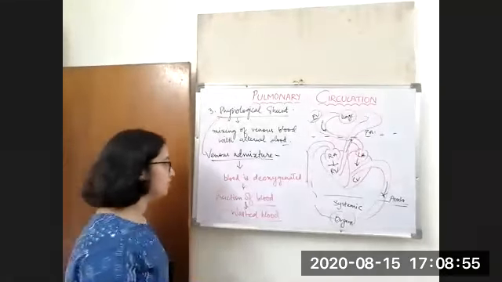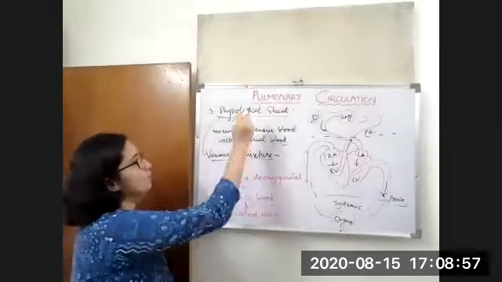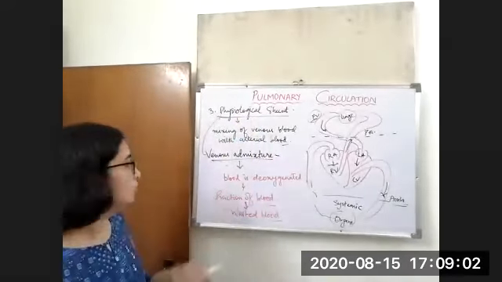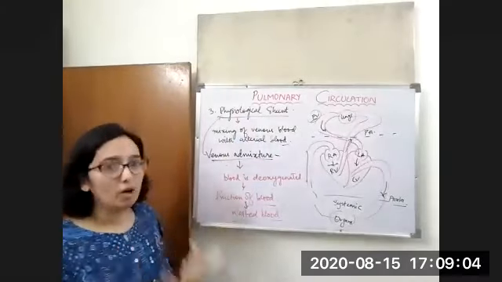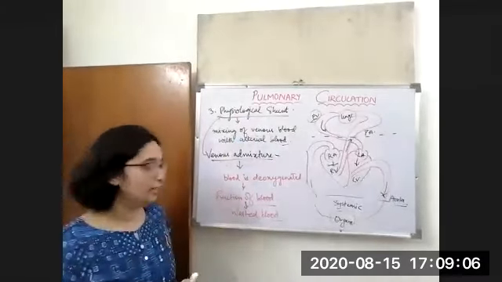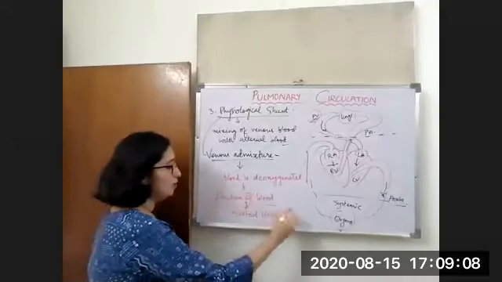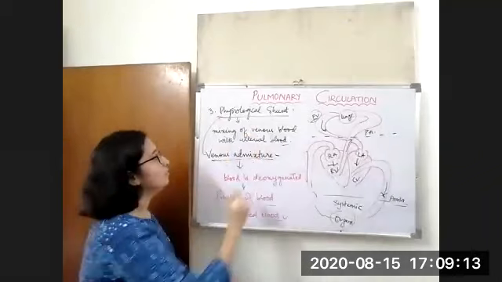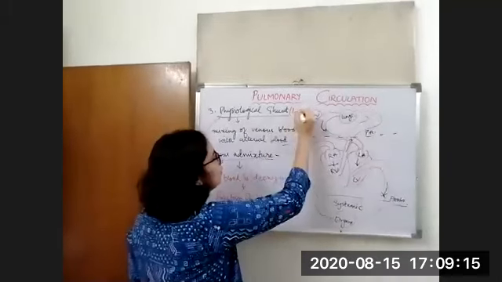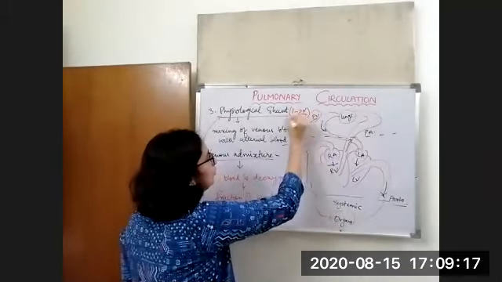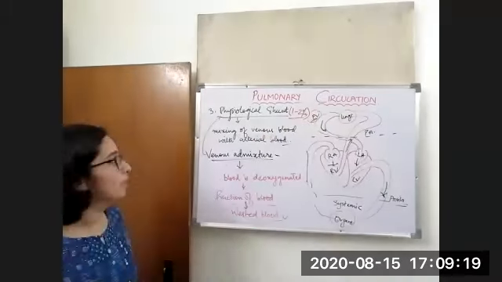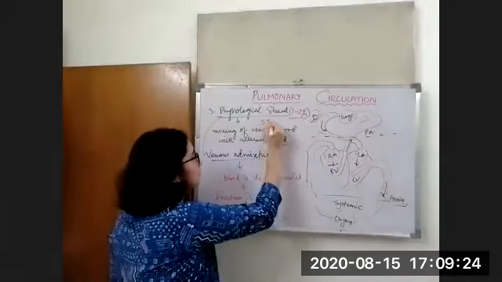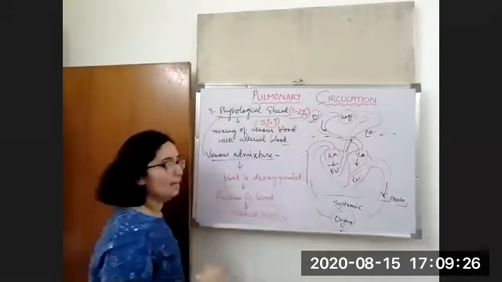So what is wasted blood? When in physiological shunt the mixing of the venous and the arterial blood is happening, whatever blood remains deoxygenated, that is not getting oxygenated, that fraction of blood is known as your wasted blood. In normal physiological condition, we see only 1 to 2% of this physiological shunt in normal individuals. Maximum it can go to 5% in a normal healthy individual.